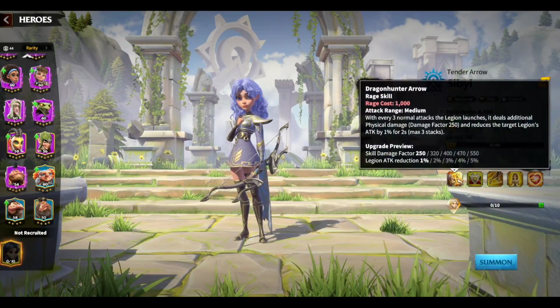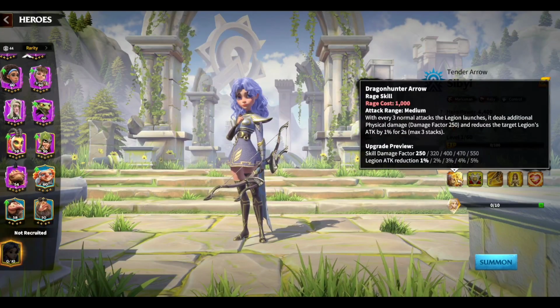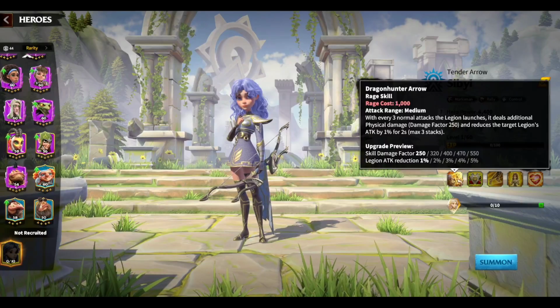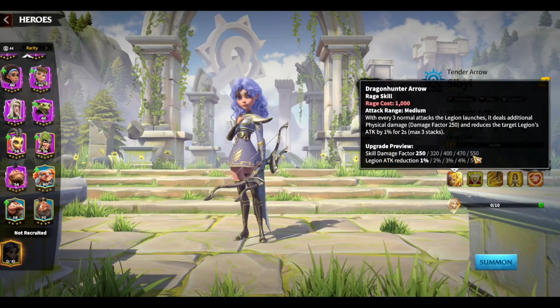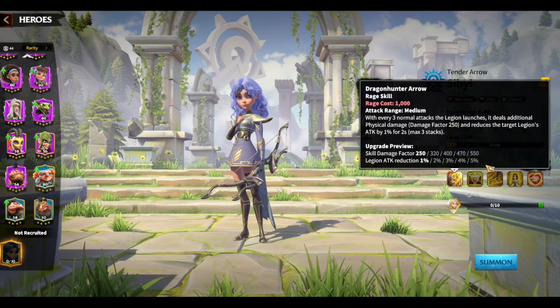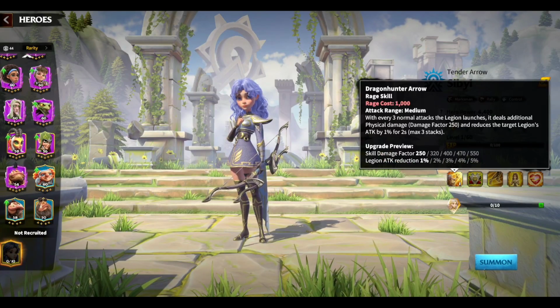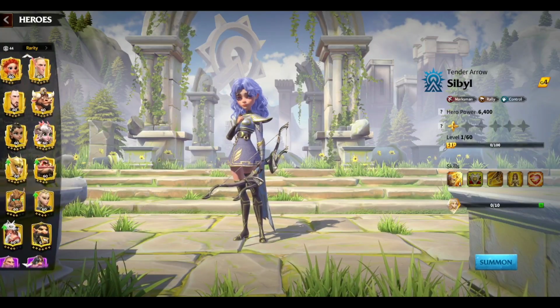Her rage skill works just like the Infernal Flame. As soon as you get 3 normal attacks, it's going to hit someone 3 times over 3 seconds. So you have a very high chance of getting a crit on one of the hero skills. And thing is, she has a debuff. Her debuff is going to be 3 with every rage skill,